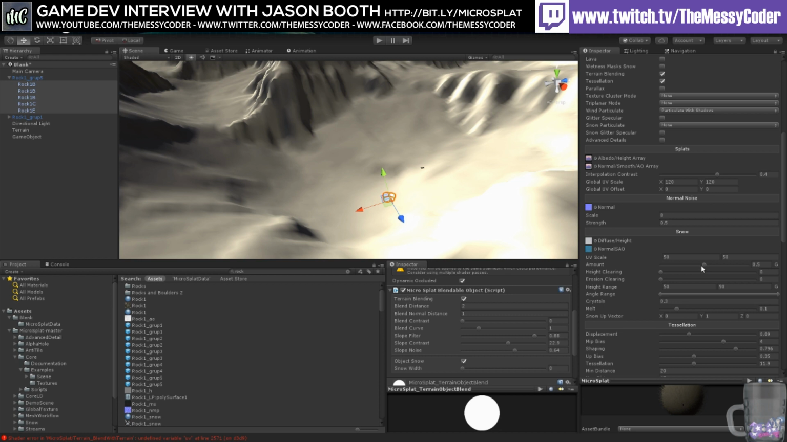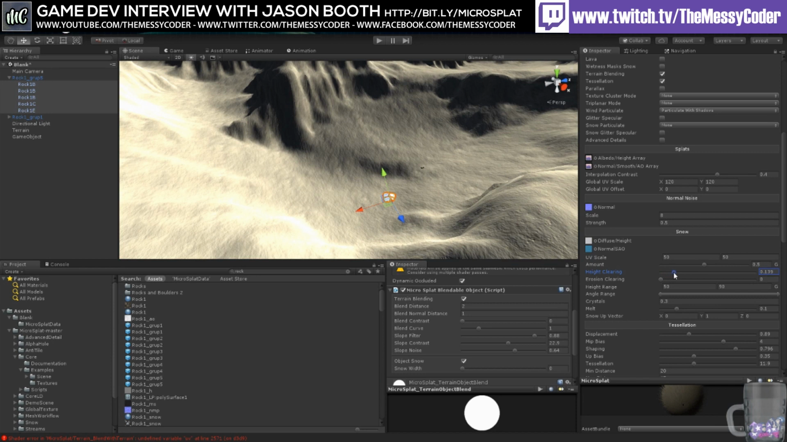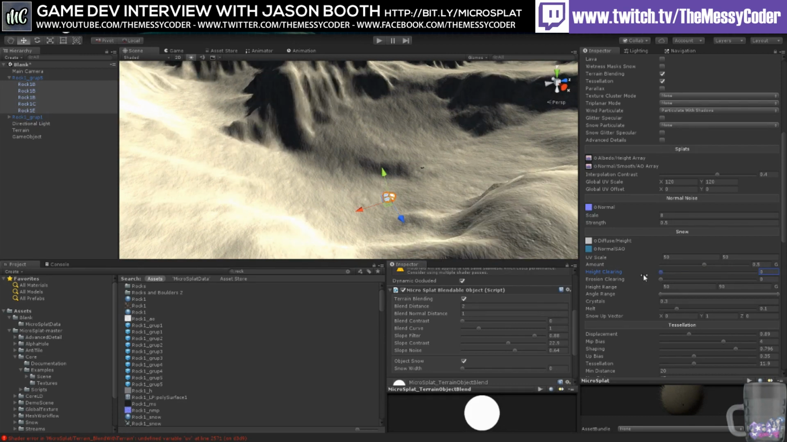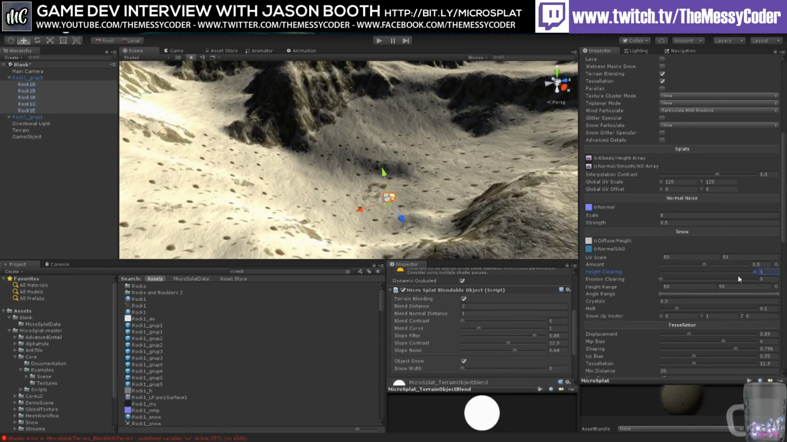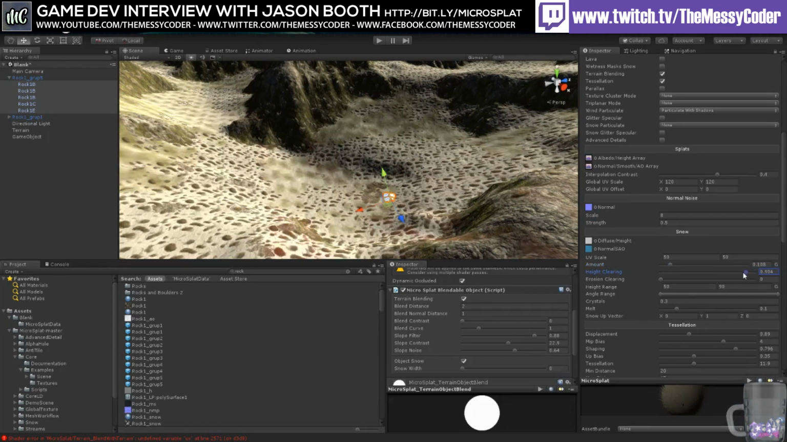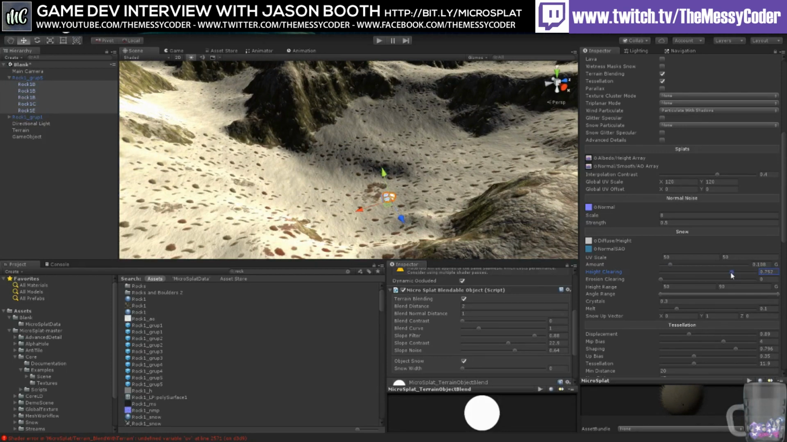Let's see. Turn up the height clearing a little bit. Okay. And let me just turn it on here so I can follow along. So I go all the way up to 1, and then it does something. Other than that, I didn't really get any impact. So if I reduce the amount... Yeah, I just want to get it so we have some characteristic to the snow. So for some reason,